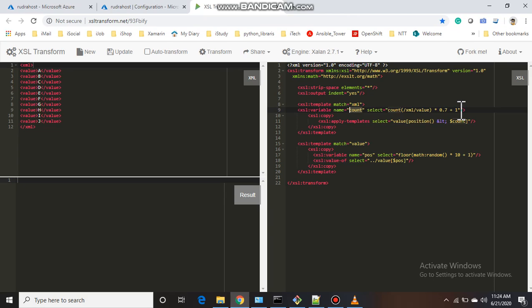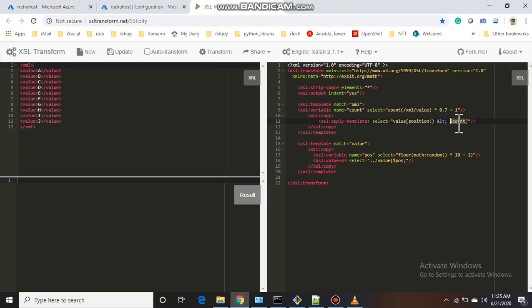So we need that number of data items in our output. Then I use the copy method, and I create an apply-templates, and I need the positions less than those numbers. For example, if we have 10 values, then I need 7 values here, so those positions will be less than or equal to 7. This value is accessed by this variable.